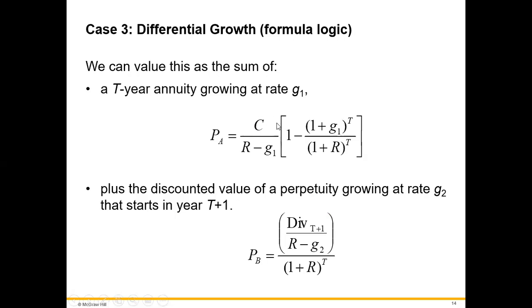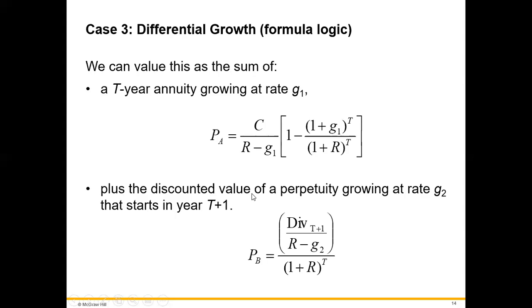So here's our dividend at year 1, C, that's what that represents. Divide that by your market rate of return minus your first growth rate. Multiply that result by 1 minus 1 plus your first growth rate to the number of periods that growth rate will be in effect. And then divide that by 1 plus your market rate of return to that same period of time for that first growth rate. So that's our first calculation. We then add to that